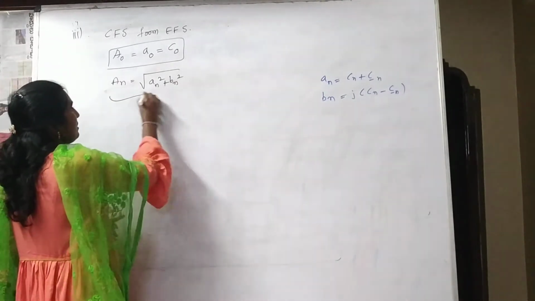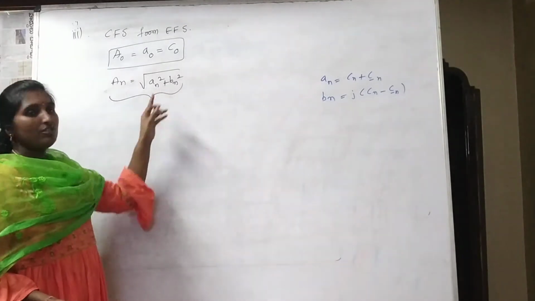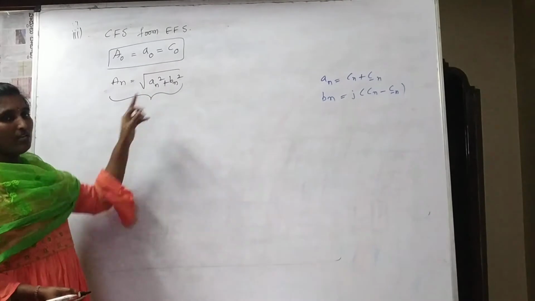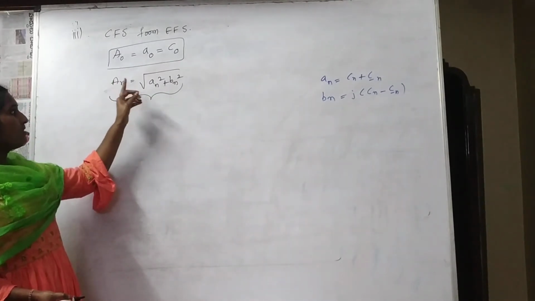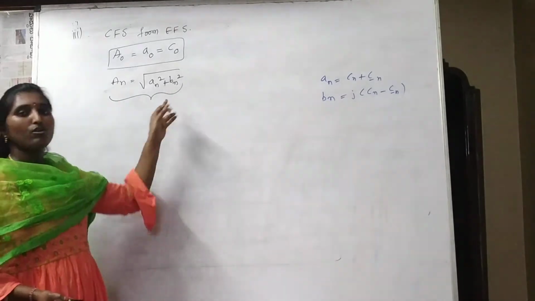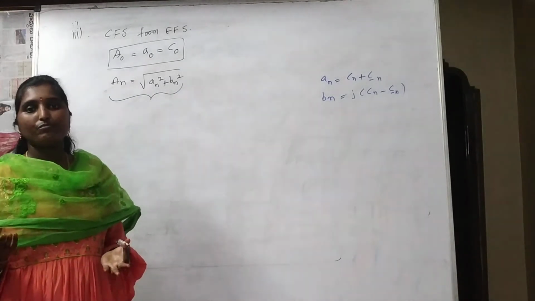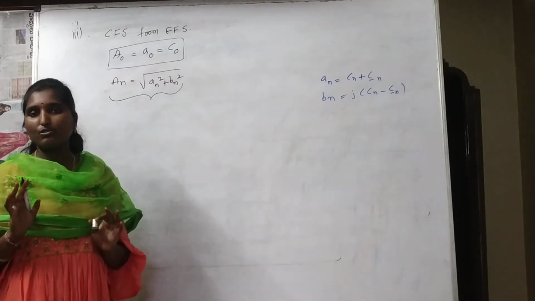And you know this relation from the cosine Fourier series, please refer to the video on the alternative form of the cosine Fourier series. There we have discussed the relation between the cosine Fourier series and the trigonometric Fourier series, because the cosine Fourier series is not a new Fourier series, it is an alternative form of the trigonometric Fourier series only.